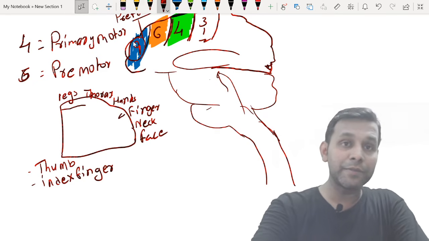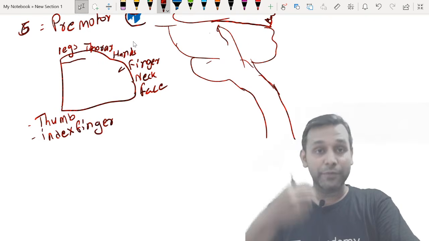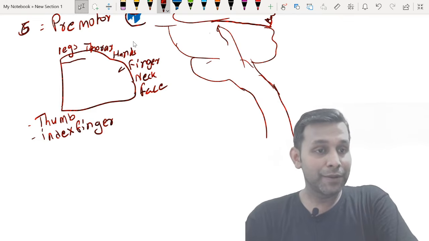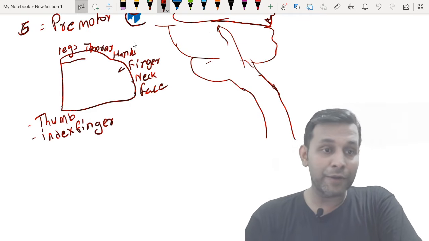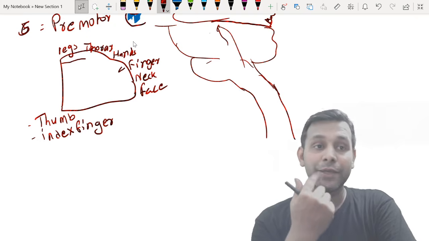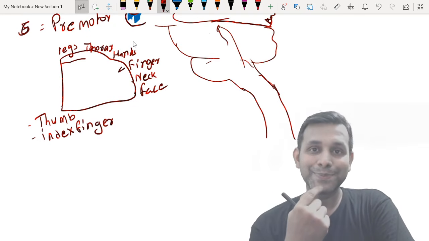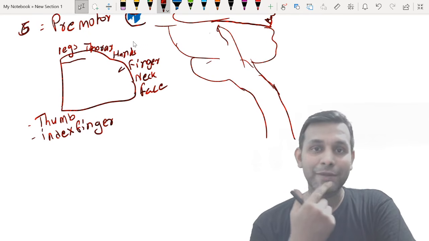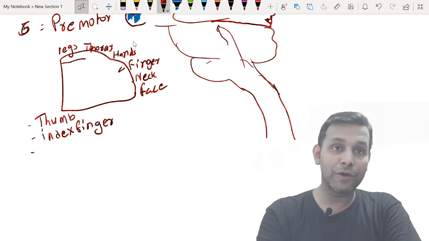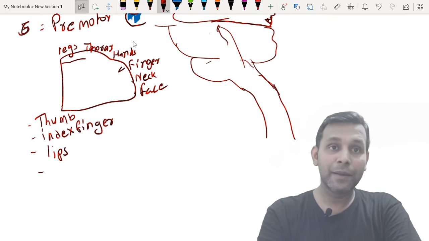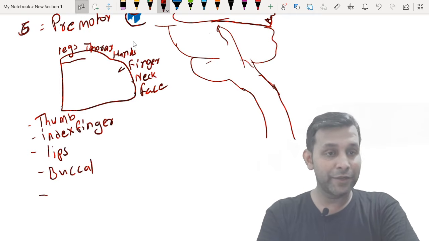Yes. Any other muscle you would like to tell me which has the ability to do a very large amount of fine motor activities? Those who are online can definitely suggest this. Apart from thumb and index finger, I will give a hint. I'm giving the hint. Yes. These muscles, the muscles of the lips and buccal muscles. The muscles of the lips, buccal muscles, masseter, yes, very good, masseter,